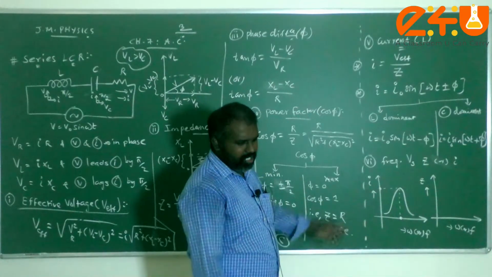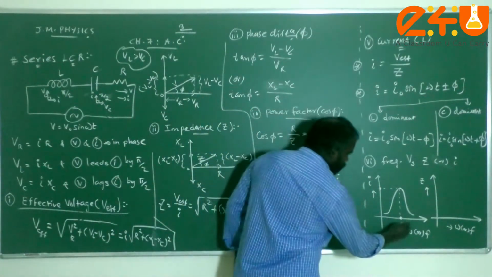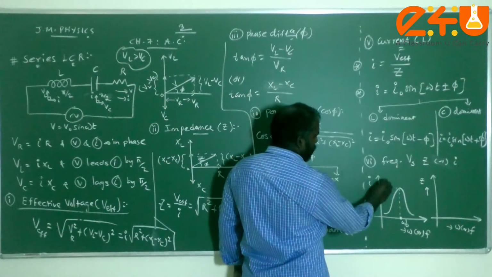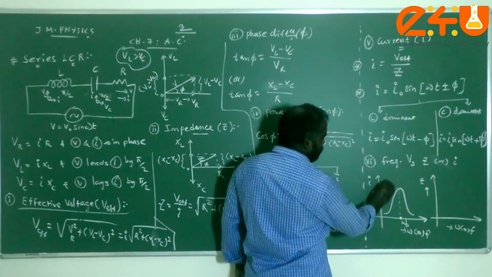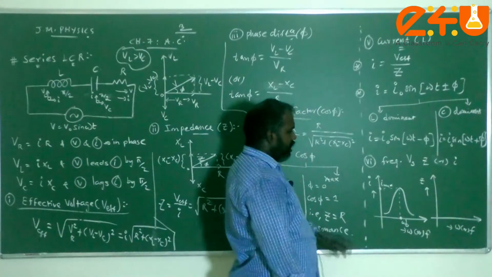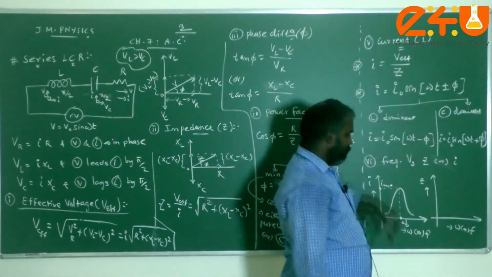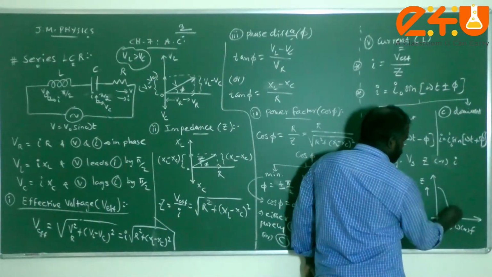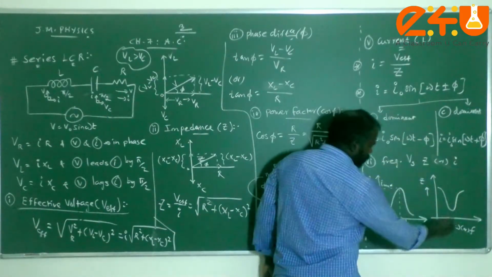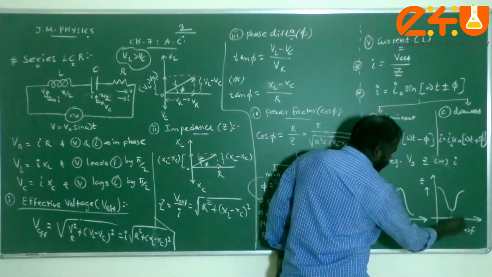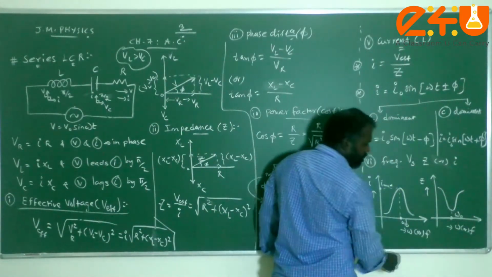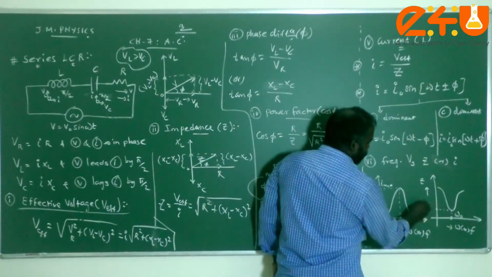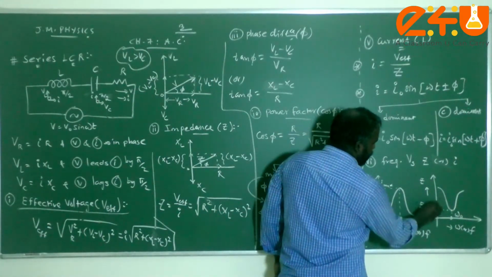That we will discuss as a separate topic. So this is called resonance condition or resonance frequency. That will be the maximum current here, corresponding to I maximum. When current is maximum, impedance should be minimum. So when you draw the impedance versus frequency graph, it will look like this. So what, children? For a particular frequency, called resonance frequency omega naught or f naught, the corresponding Z value will be minimum.